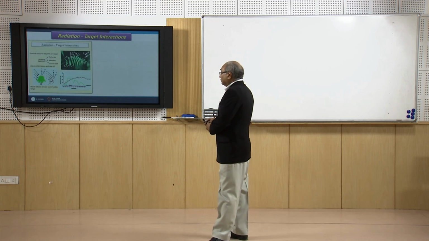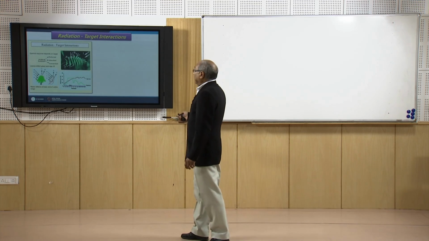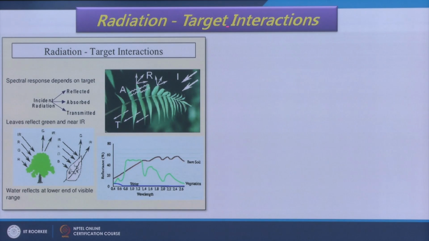For example, when solar radiation interacts with the target, an example here being vegetation, there might be reflection from the vegetation, there might be some absorption of solar energy by the plants, and there might be transmission. All these three things will keep occurring, whereas leaves, especially if they have chlorophyll content, will have a different response in the visible part compared to the infrared channel and so on,